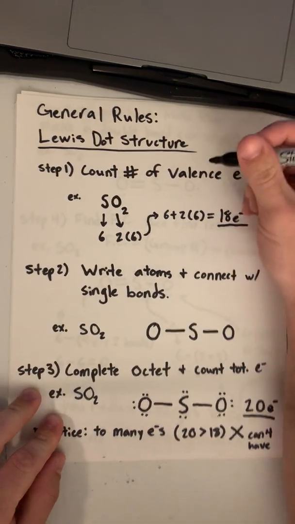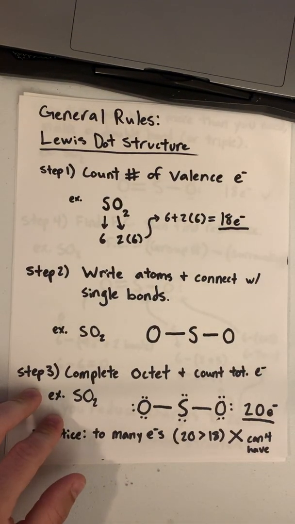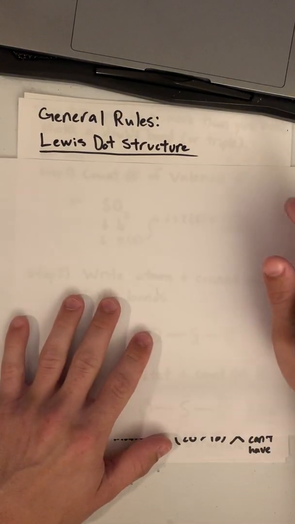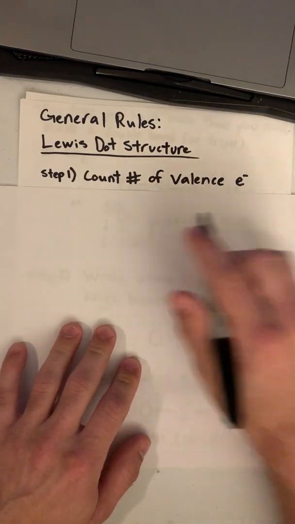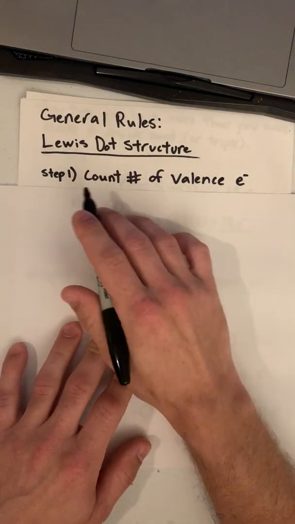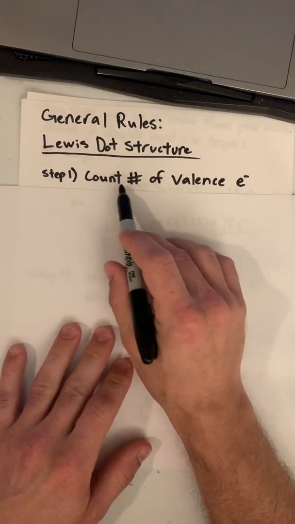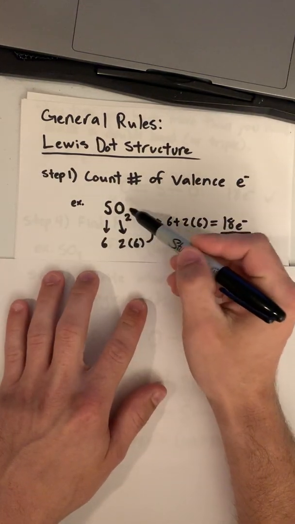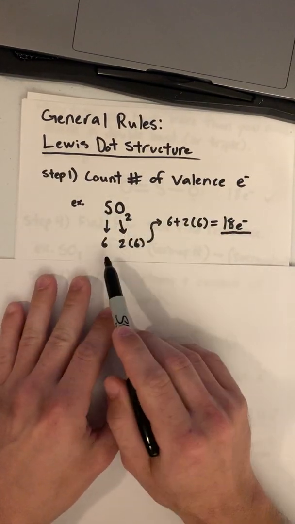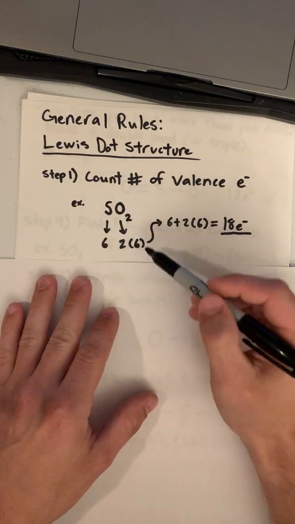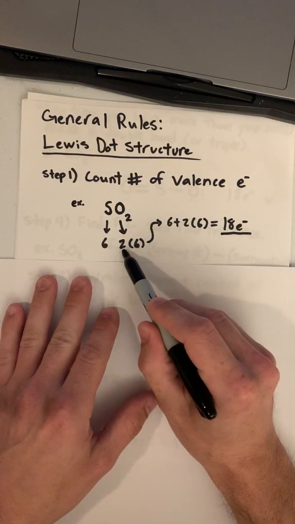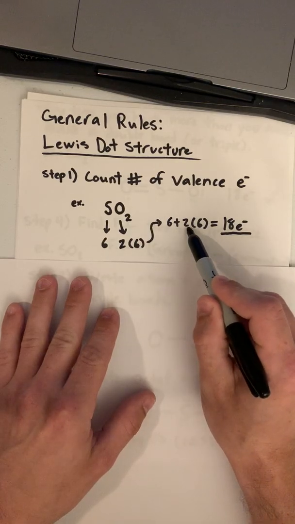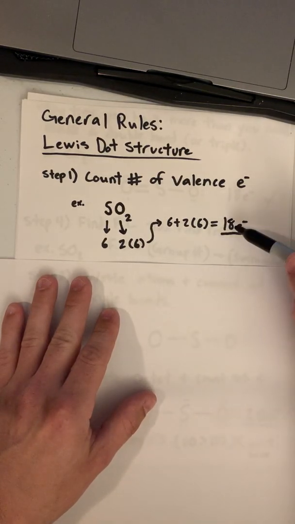All right, so let's go over some step-by-step instructions for doing Lewis dot structures. So, step one, this is always what you want to do. You always have to do this. Count the number of valence electrons. So what I mean by that is, let's just say we took SO2 as an example, sulfur group 6, oxygen also in group 6, but there's 2 of them. So if we make that look algebraic, it would be like 6 plus 2 times 6, and that equals 18